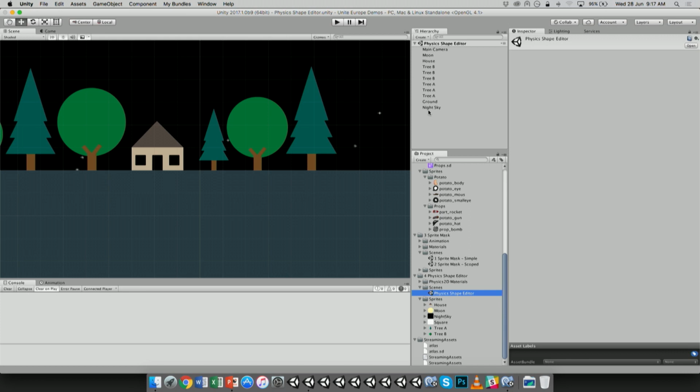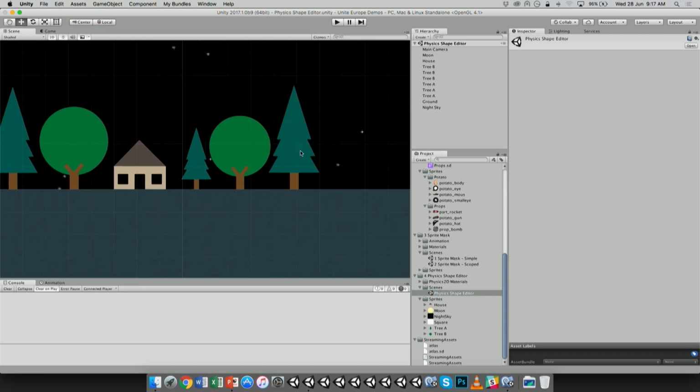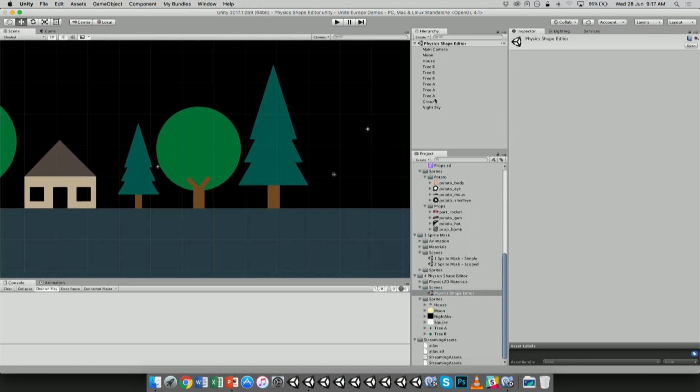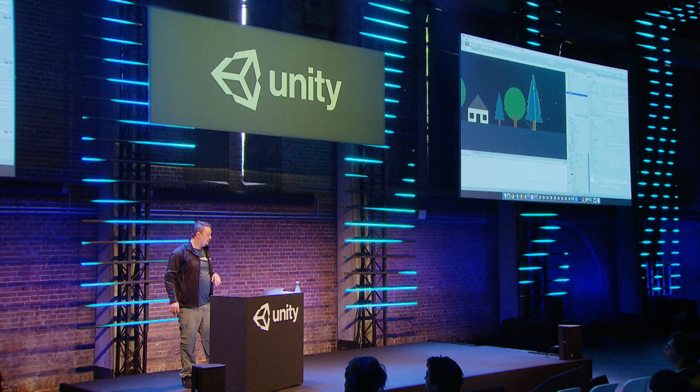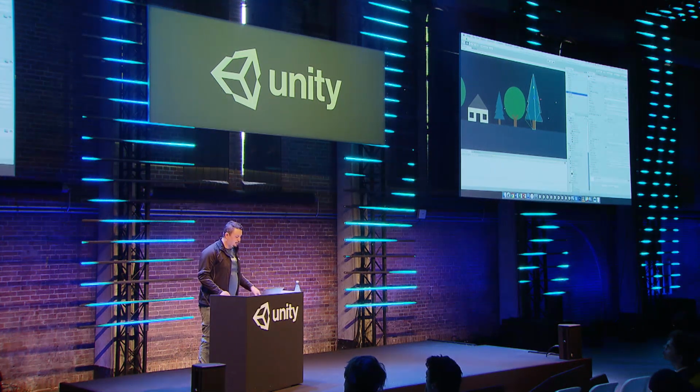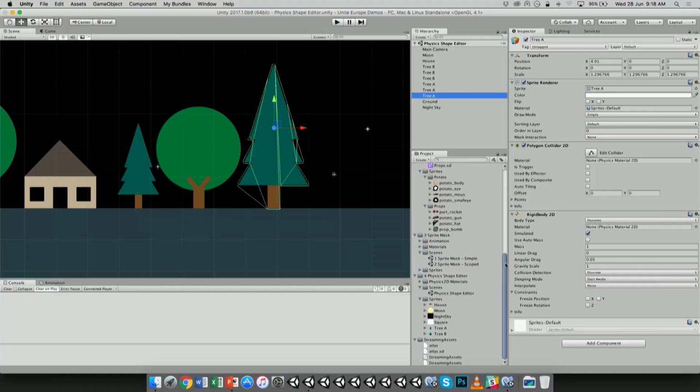Okay, so let's take a look at these trees. Let's zoom in. Now, if you can see the green outline, that represents the shape that the polygon collider 2D is going to try to use for collision, right? And you can see it's a little bit uneven. It has vertices in places where you don't want it to have them. Let's simplify this, right? So what we do is we go into tree A,